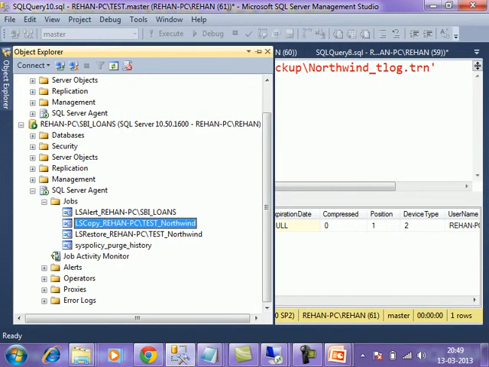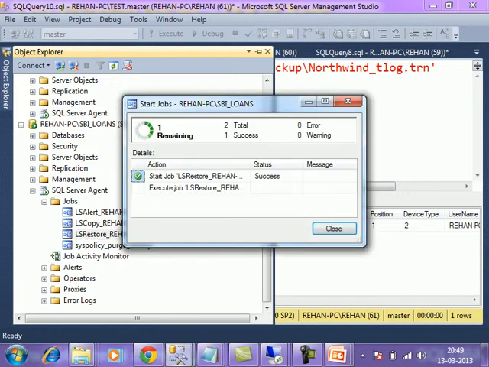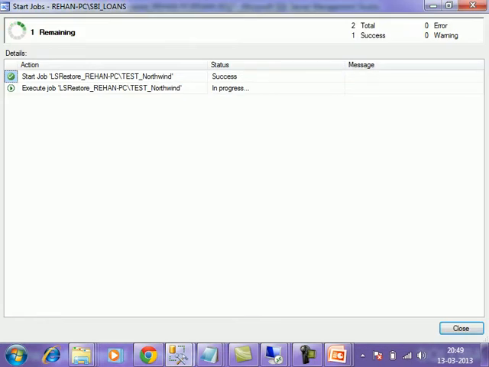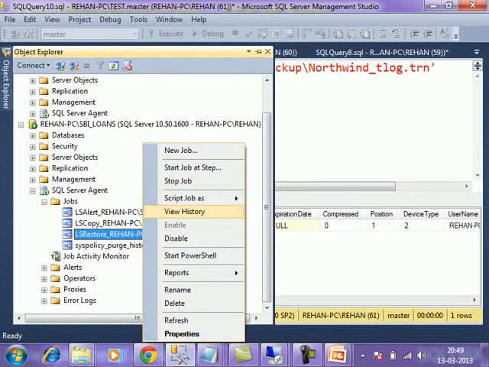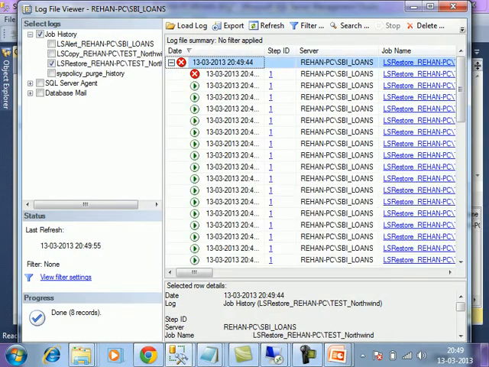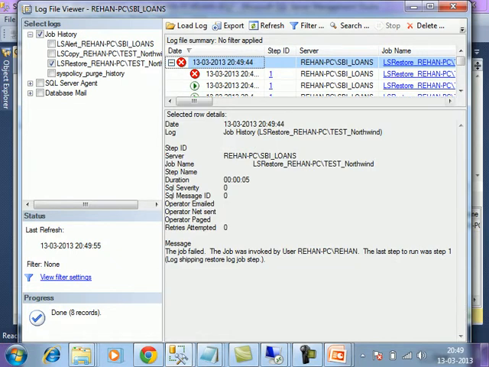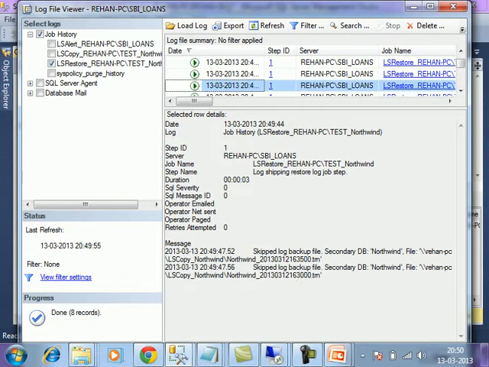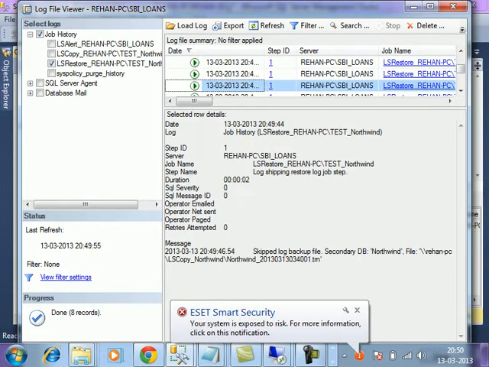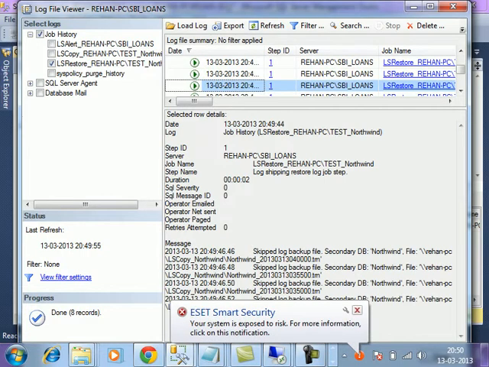Copy also success, it is saying. Sir, what is the reason, you check here? Error it is saying. View history already we have seen. So many messages it has written.